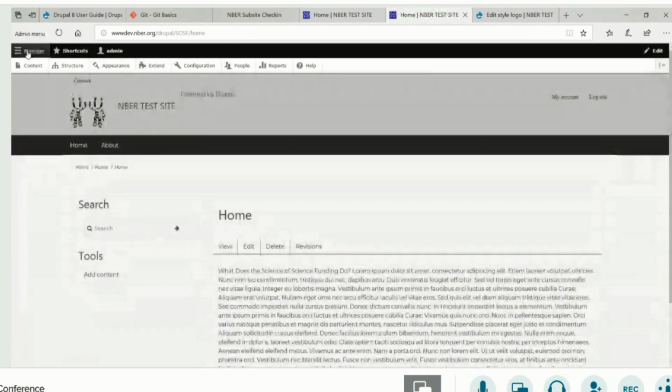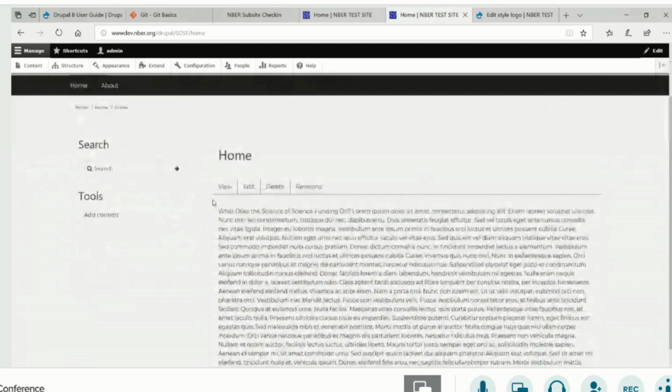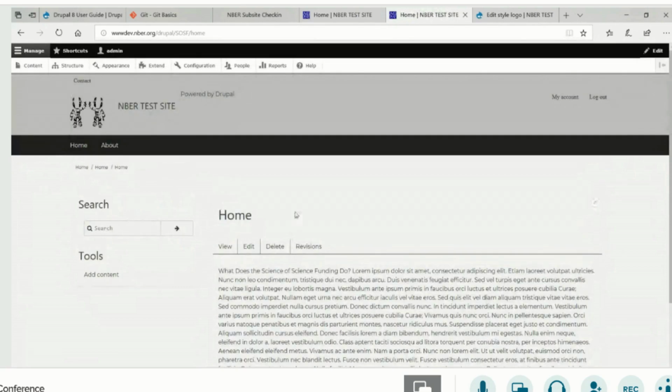Yeah, I see what you're saying. So like the colors and things like that. Yeah. So colors, I got rid of the sidebars. Yeah. So my suggestion is I would go back and I would redo those settings in the sub theme